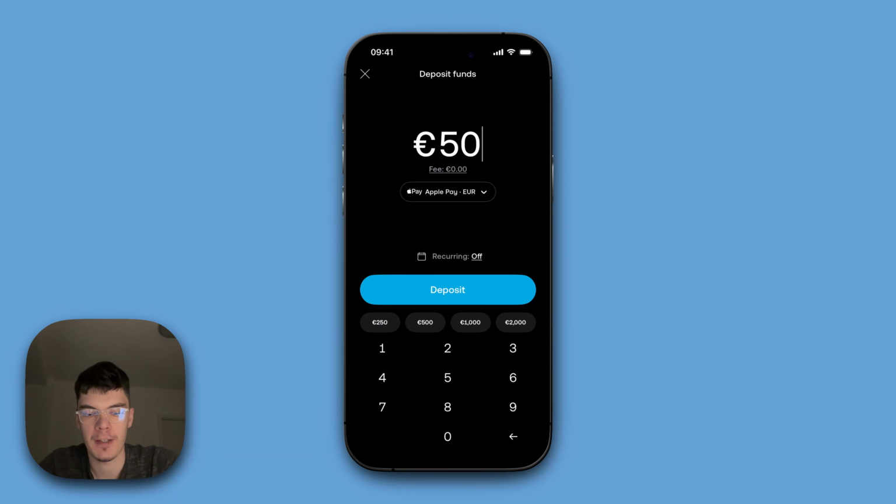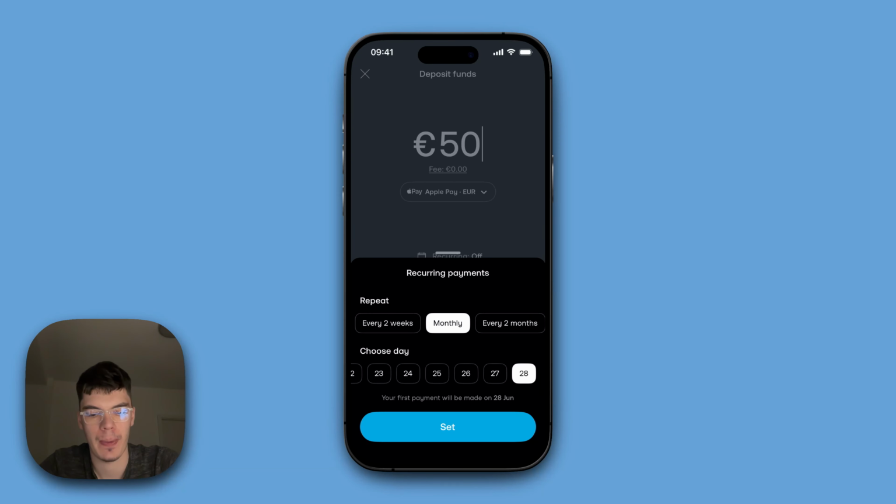You can see here the fee, and now click on recurring, and you can set the repeat daily, weekly, every 2 weeks, monthly, and also choose the day. So your first payment will be made on 28th of June. I want to, for example, every first day of the month, so the 1st June will be the next automatic